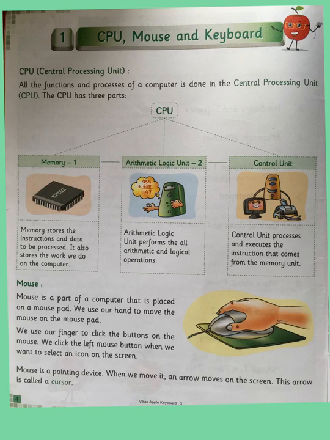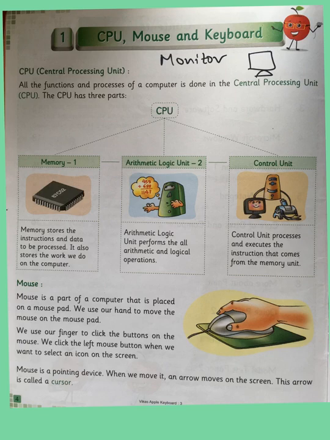If you can remember, there is one more important part of a computer, as these three, that is CPU, mouse and keyboard, are parts of a computer. There is one more important part. Can you guess it? It looks like a TV. Yes, it's a monitor. So generally a computer is made up of four main parts. First is CPU, second is mouse, third is keyboard and fourth one is monitor, which just looks like a TV screen. So these are the four main parts of a computer.